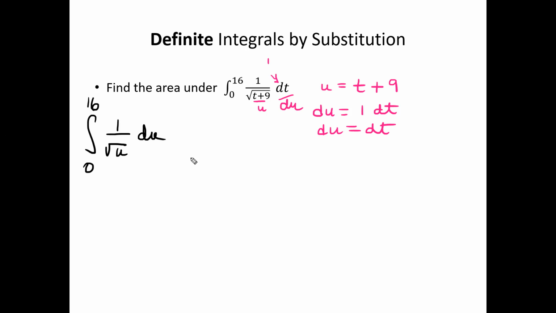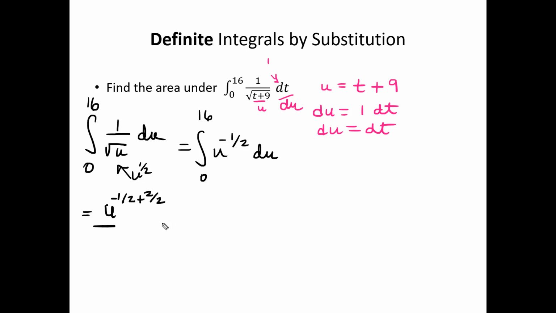Now here you just have to be careful because you want to bring the square root of u, which is the same as u to the 1/2, but it's on the bottom. So when you bring it up, it becomes the negative 1/2. And so I can find u to the negative 1/2 plus 1, my antiderivative, negative 1/2 plus 1. So I get u to the 1/2 over 1/2,